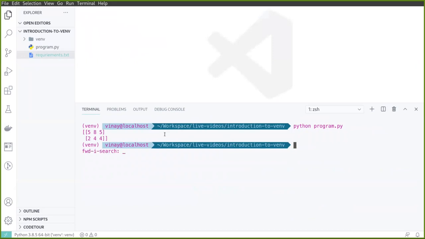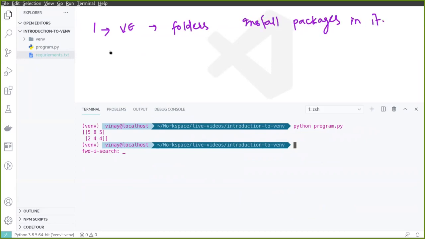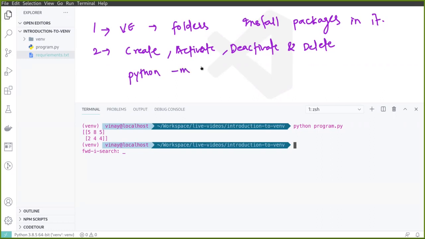Let us go back and summarize it one more time. The first thing we understood is that virtual environments are nothing but folders, and we can install packages in them. Then we understood how to create, activate, deactivate, and delete the virtual environment. We can simply create it using python -m venv and the venv folder name.